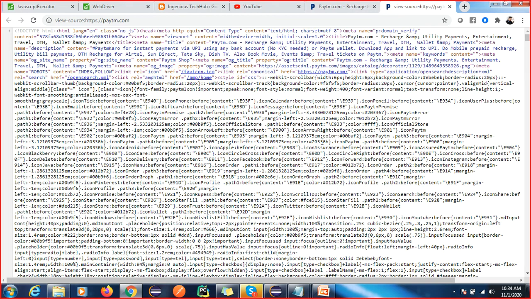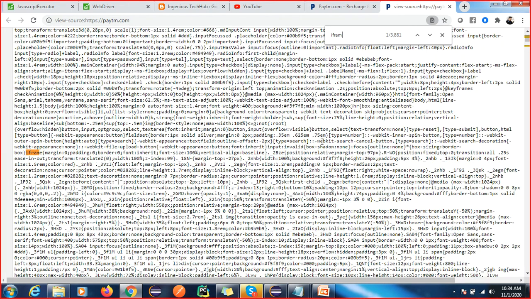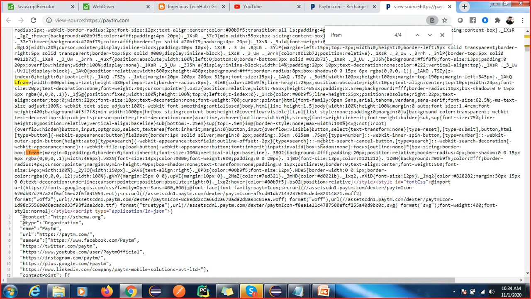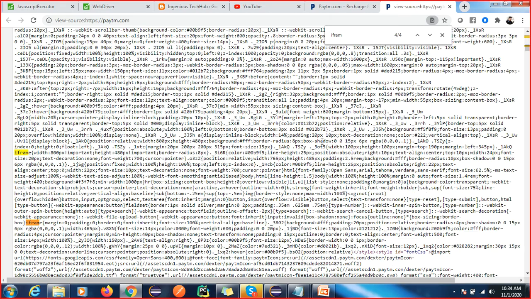We get the source code of the page and we can search for iframe over there. Yes, this is the frame value, right? This is the frame, so frames are there. This is another way to check whether frames are there or not.